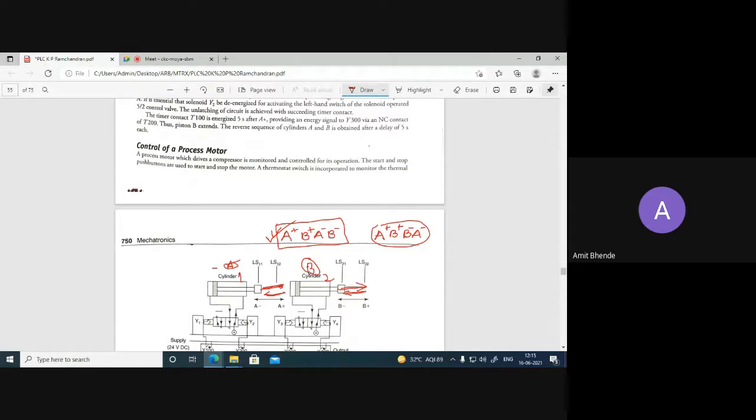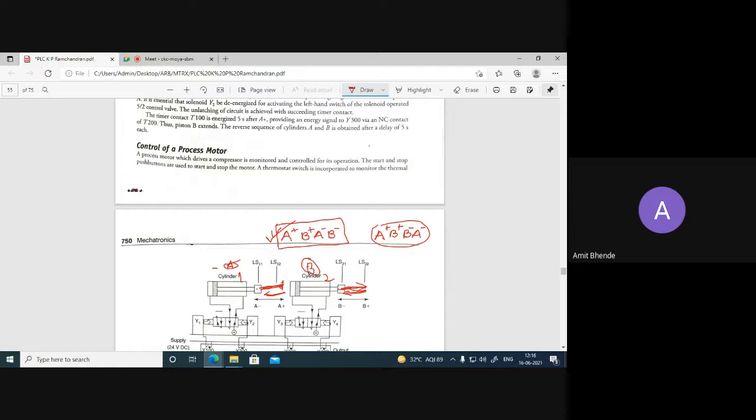These sequences should not be disturbed, okay? And they should not coincide as well. Unless and until cylinder A reaches its final position, the movement of cylinder B should not start. Once cylinder A completes its travel, its extension motion, then only cylinder B will start its extension motion.